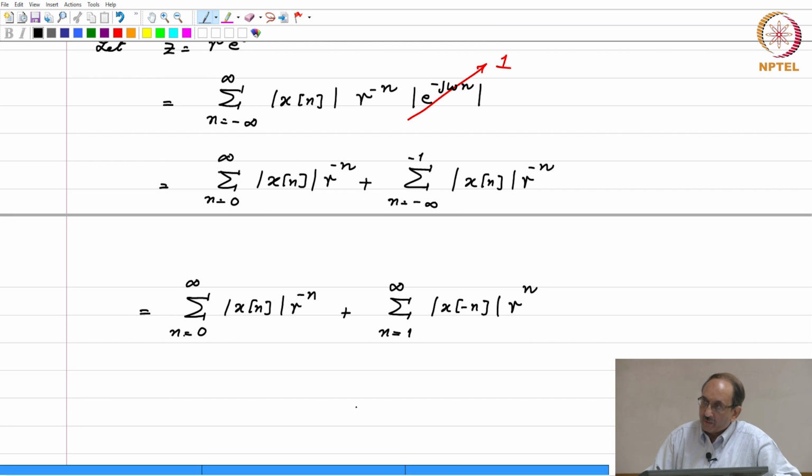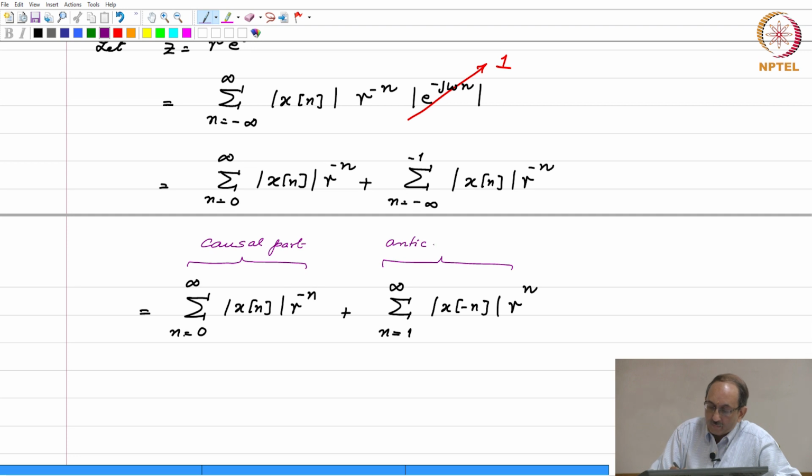And if you look at the way the summation has been split, what we have done is we have broken the sequence into two parts. This is the causal part, namely the sequence with indices ranging from 0 to infinity, and this is the anti-causal part of the sequence,